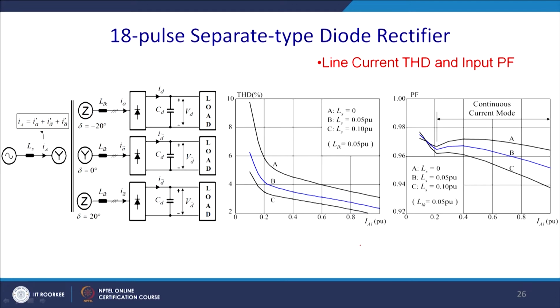and with the inductance it will be blue 1, and with another inductance a little more, that will be C1. But we will find that the power factor degrades a little bit up to this point, which is discontinuous conduction mode. Once the continuous conduction mode starts, you will find that it has a good power factor, and ultimately all are accepted because the power factor is quite close to 0.95, and this is quite acceptable for the utilities.